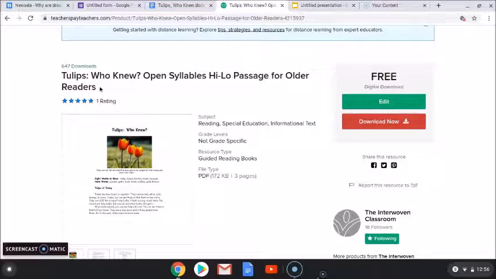This actually is an open syllables reader for 5th, 6th, and 7th grade students who are reading at approximately a 1st grade reading level, who have closed syllables, open syllables, and some knowledge of blends, and who have the characteristic high sight word vocabulary that is often found in readers who are older but who are struggling because they've been memorizing words for so long. So this is really designed for a 5th through 7th grade student. And because I wrote it and because I own it, I'm going to show you how I could adapt this